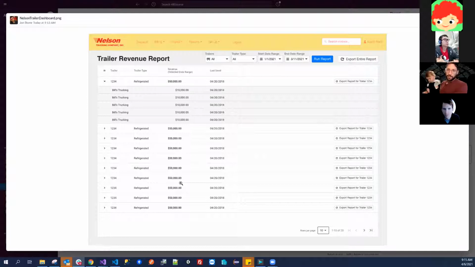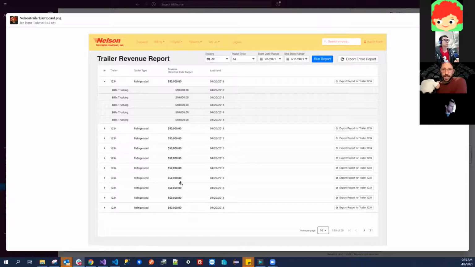So if you had all in there, you would see just like we show here, every trailer would show up based on the type that they select, and it could be all or a specific one. But they also want to be able to just look for one trailer or multiple individual trailers. So that's the only change from this mock-up. Otherwise, I think it's pretty close.